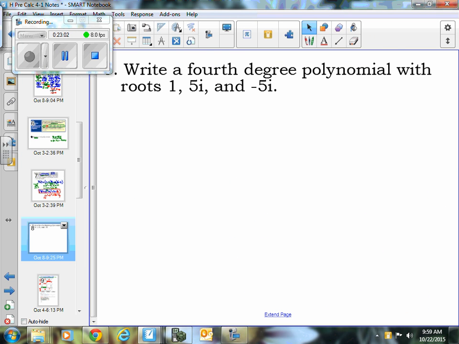Okay, let's talk about our last example for this part 1 here. It says write a 4th degree polynomial with these three roots. It sure looks a lot like the same kind of situation as the last one, but it's 4th degree. That means it's going to be an even power. I need to have 4 solutions. Well, look at the roots that I give you. I only gave you 3. So the only way, if you look back at your pictures, to get a 4th degree with 3 solutions,